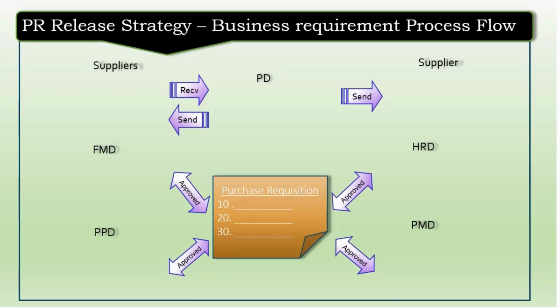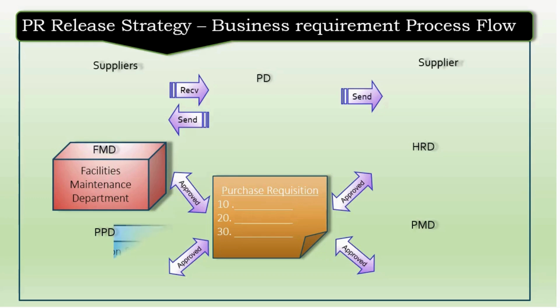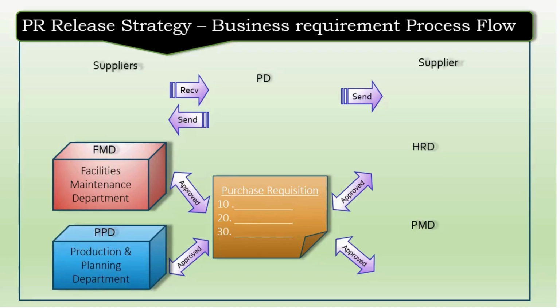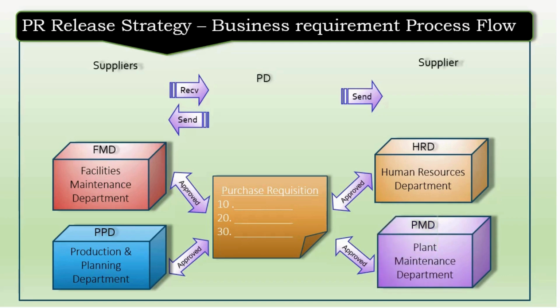This business requirement is, there are several departments in a company. There's a facilities maintenance department, production planning department, HRD, PMD, plant maintenance department. So these various departments will have a budget allocated annually. From that budget, they will create the purchase requisition as and when they require any material or services. So once it's finally approved, the purchase requisition will go to the